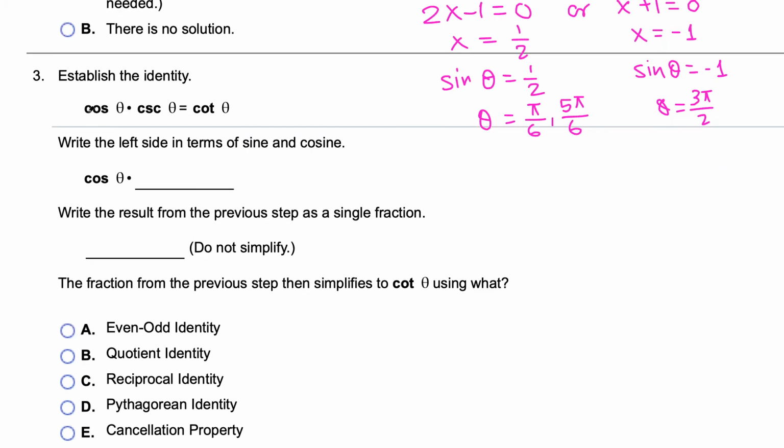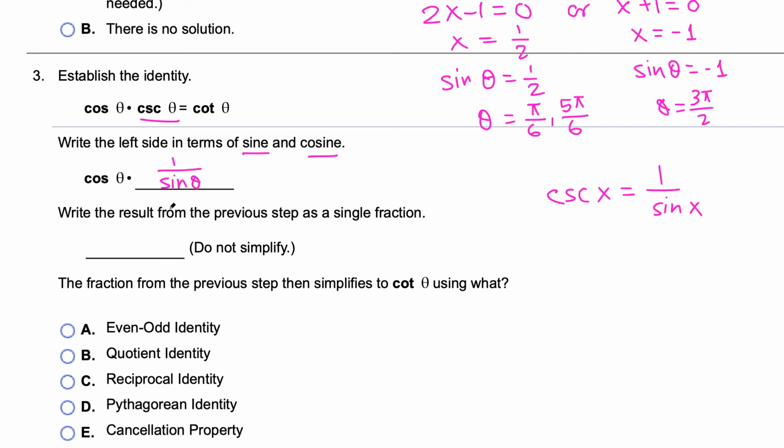Okay, now establish the identity number 3. Cosine theta times cosecant equals cotangent. Write the left side in terms of sine and cosine. So cosine is already cosine. Now cosecant, what is cosecant? We know that cosecant is just the reciprocal of sine. So cosecant theta is in fact 1 over